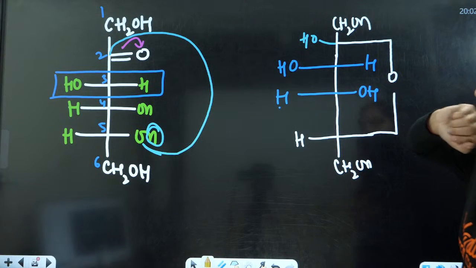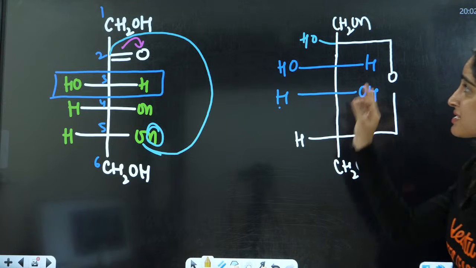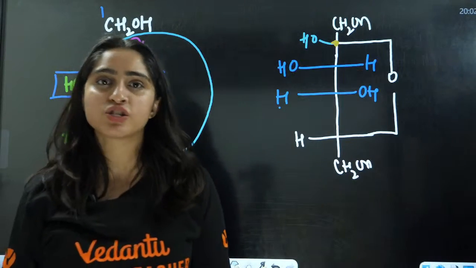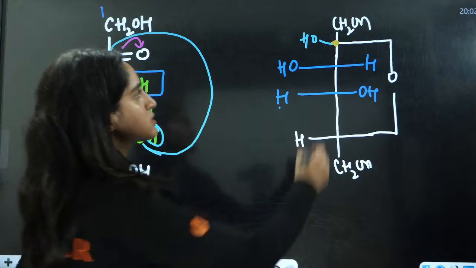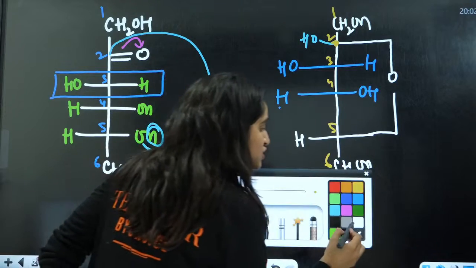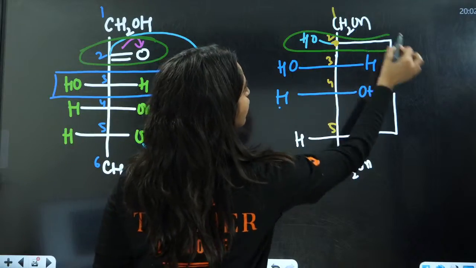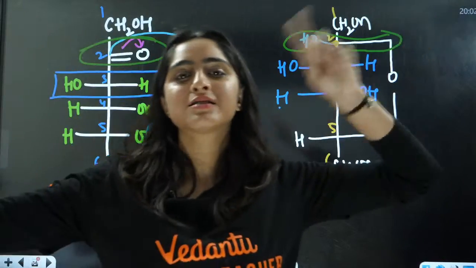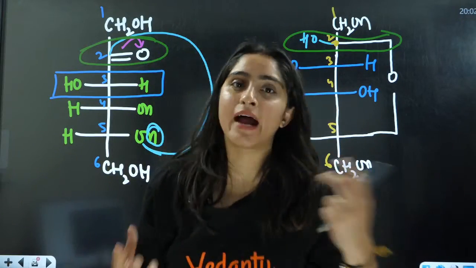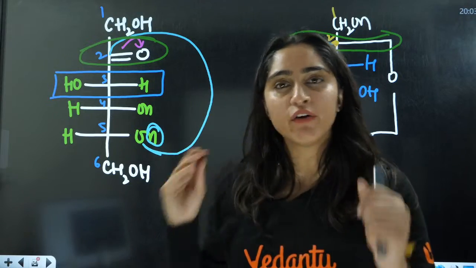Now, I don't know about this one, whether it should be on the left or right side, right? So this particular carbon here is going to define the alpha and beta structure, right? All the other things, this is the first carbon, this is the second carbon, third, fourth, fifth and sixth. Now, there is change in the second carbon. So, I don't know what is the configuration of second carbon, if it is on the left side or on the right side. Now, this is very important. This is going to define the alpha and beta of the fructose.